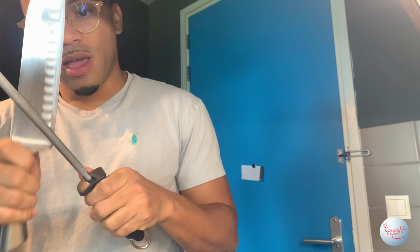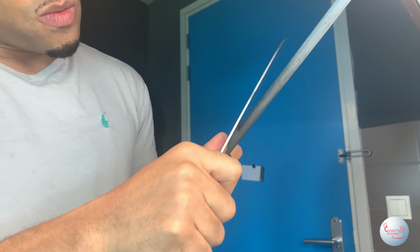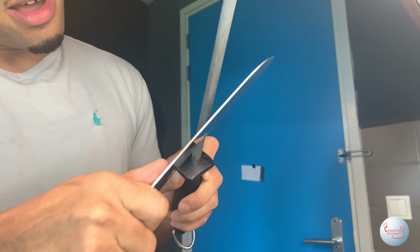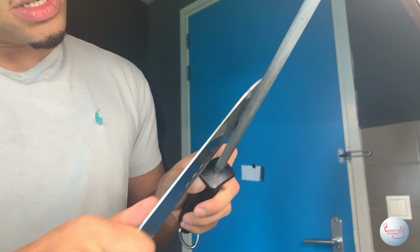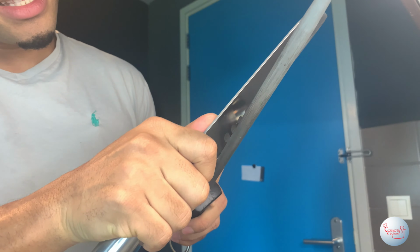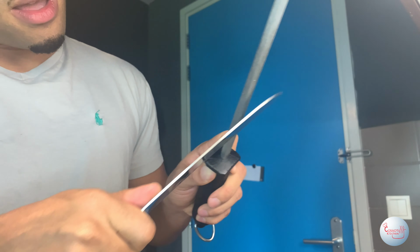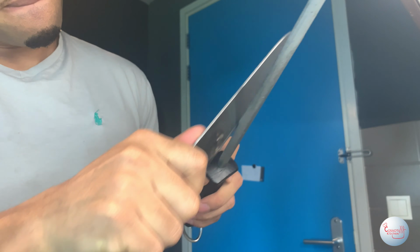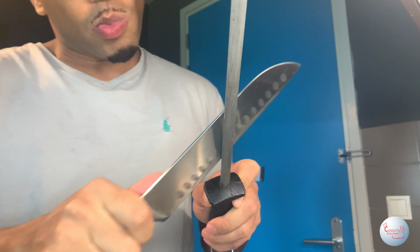That's easy. You just slide one side of the blade down and the other side you slide up. Then you slide down. You're going up and down for both sides. Up, down, up. Okay, now that you're done sharpening your blade, the next thing you're gonna do is use your